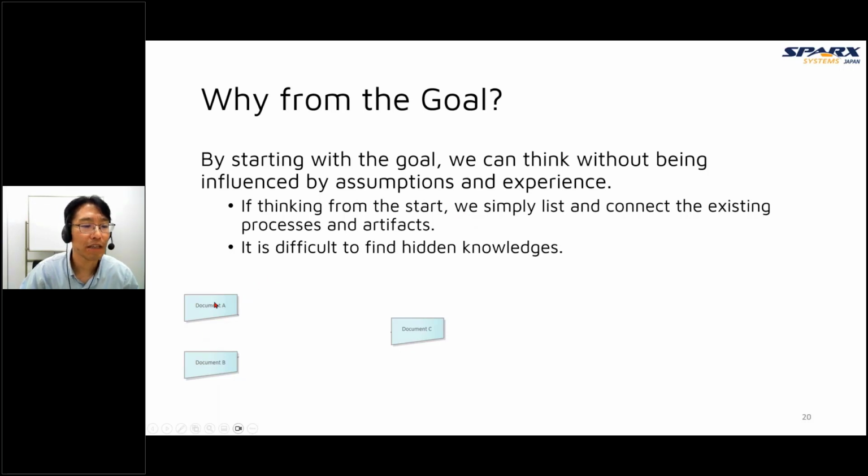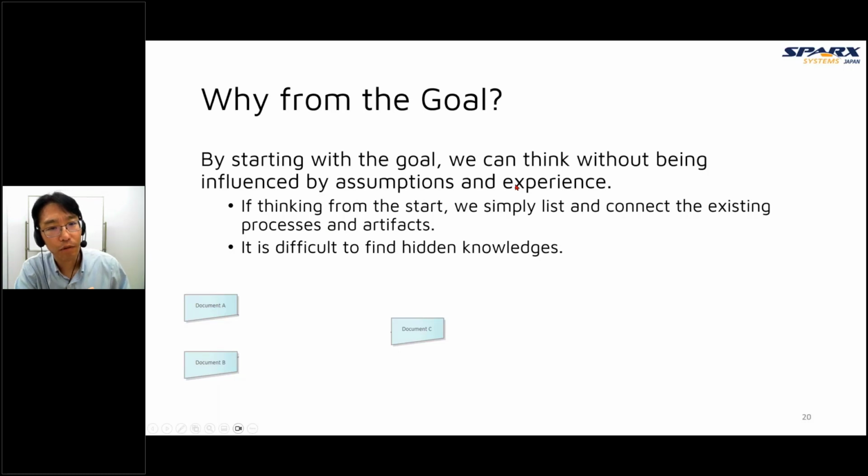So in this case, at first there are two documents A and B, and we create the document C from these two documents, and then again and again. So if we think from the start, we are influenced by current experiences.